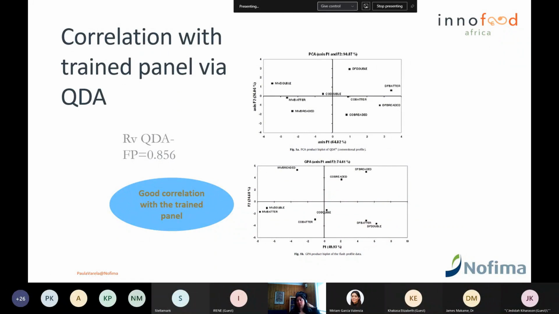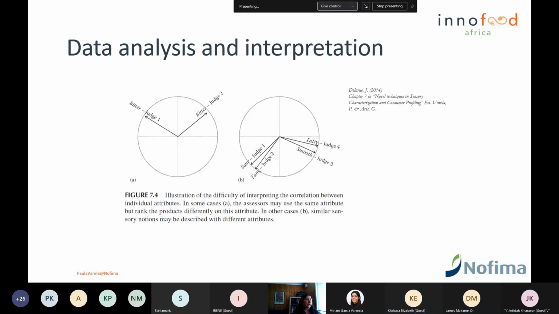And if you see a bit of literature, you will see that for all these rapid or alternative methods, you can find many, many publications that demonstrate that the outcome is very similar to what you obtain with a trained panel. As I said, the only a bit more complex thing in flash profiling is the interpretation,